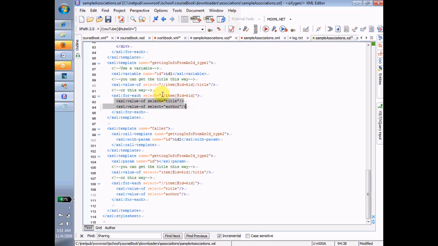If I wanted the author, I would repeat line 90 again, except instead of title I would say author. But it's much more convenient for me, and actually makes for an easier to read and an easier to change transform if I wrap all my access to information in that item inside a for-each. So once again, the for-each on line 92 is doing nothing but setting the current node to the one I want it to be. I want the current node to be the item whose ID is ID1. Okay, so that's pass number 2. Method number 1 is on line 90. Method number 2 is on lines 92 through 95. Now let's go on